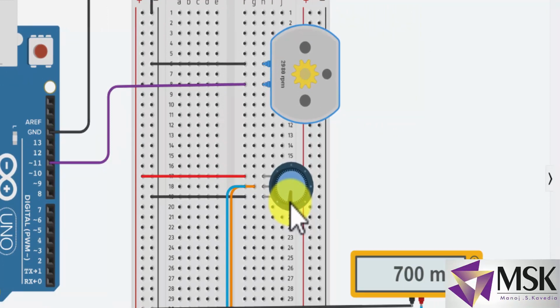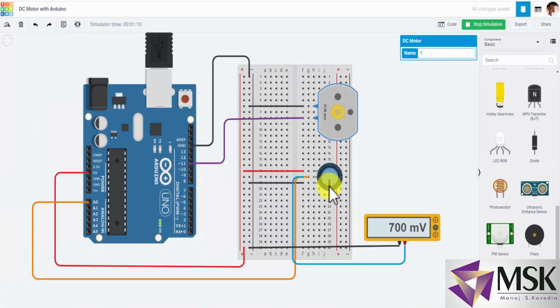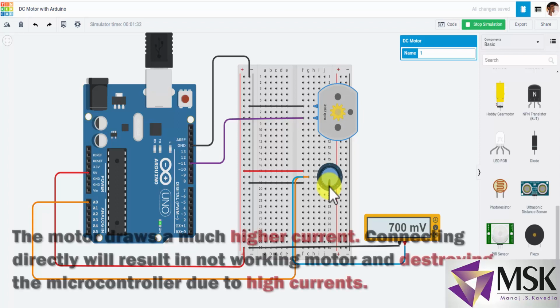Now friends, remember one thing. In this simulation I have connected the motor directly, but in reality it may or may not work. So what we have to do, we have to use drivers, and I've already explained why drivers are needed in my lecture of relays. Here again I'll explain. These motors are made up of copper coil whose resistance is very less, and since the resistance is very less, they need more amount of current which Arduino cannot source. So we need some sort of drivers.